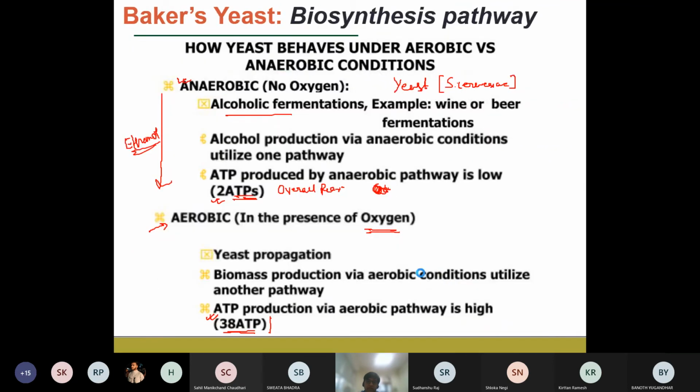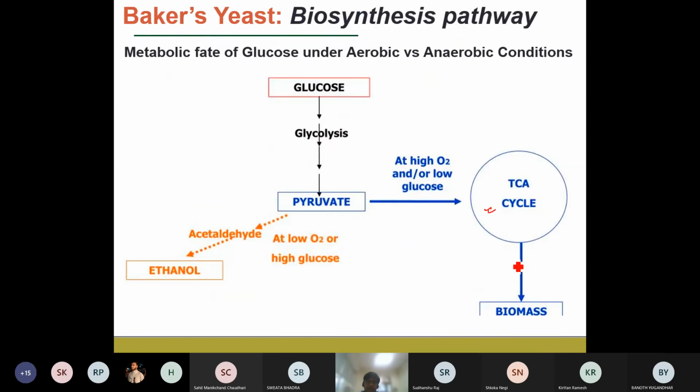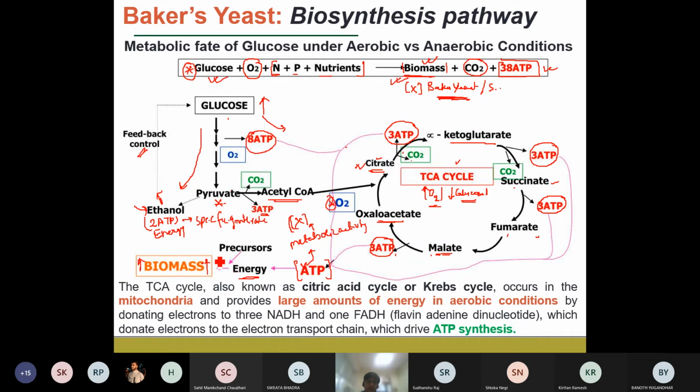So if you are asked why the fermentation time for this yeast production is very less compared to the alcoholic beverage production, that is because as the biomass concentration increases with the increase in the production of ATP in the presence of the oxygen environment, the glucose uptake increases, and there is an absence of any feedback control loop as it is present in the ethanol production process.